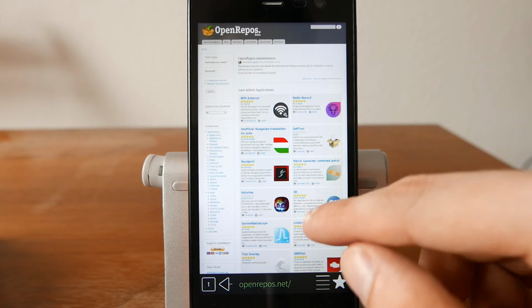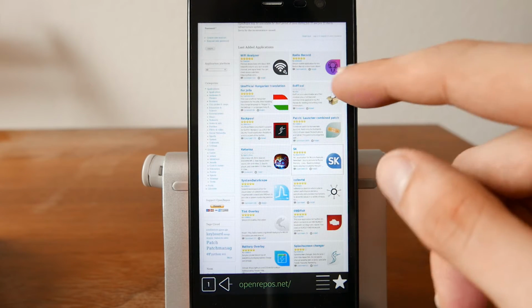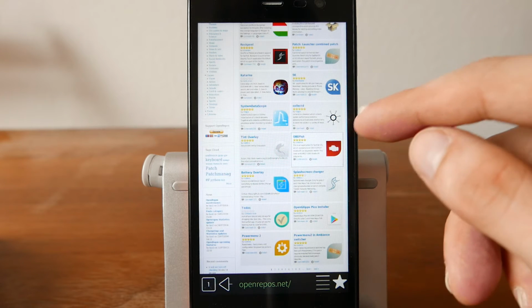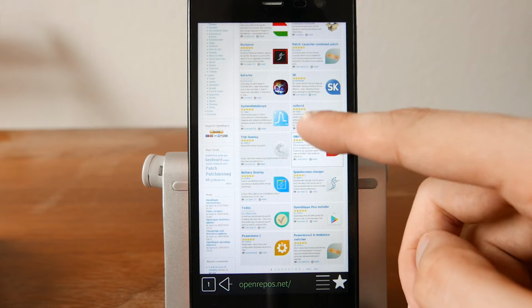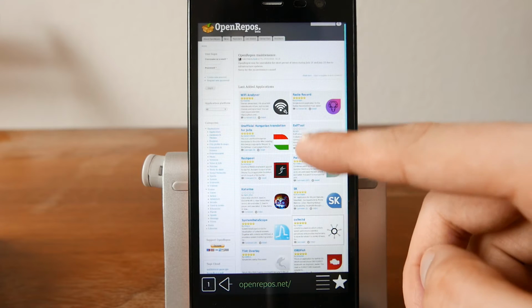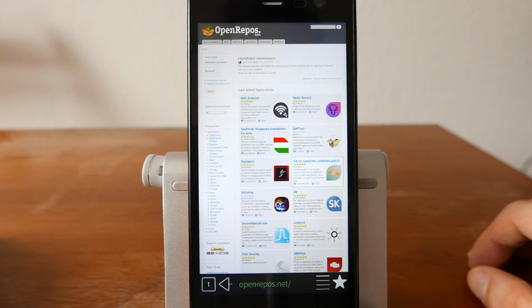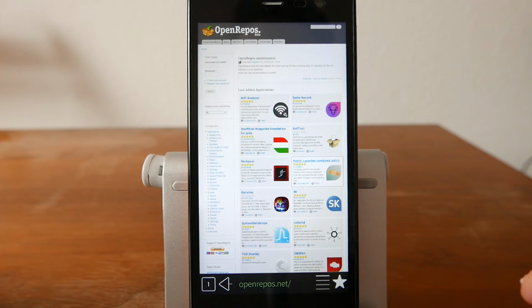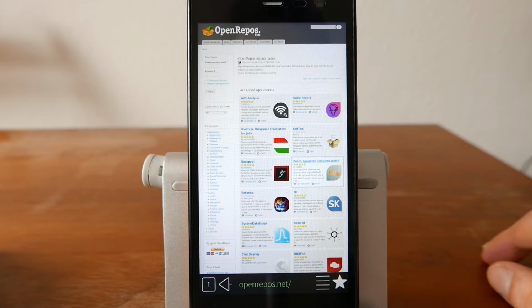openrepos.net. You can see some of the latest additions to applications, but it not only features applications, but also hacks, tweaks, and patches, because this is an unofficial store. So basically it allows a lot more than the Jolla store, because the Jolla store has some restrictions for the applications, so they are not allowed to do everything on the system. Here you have a website, a repository which allows for applications doing basically anything on